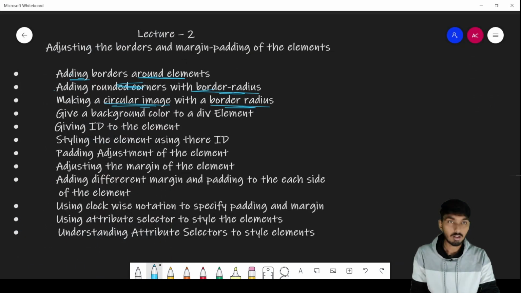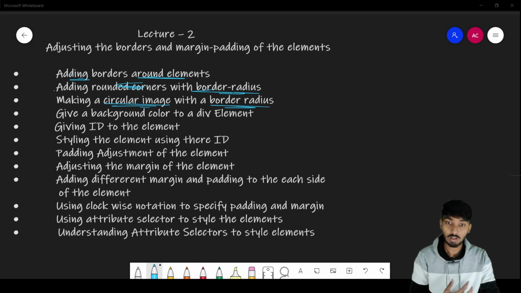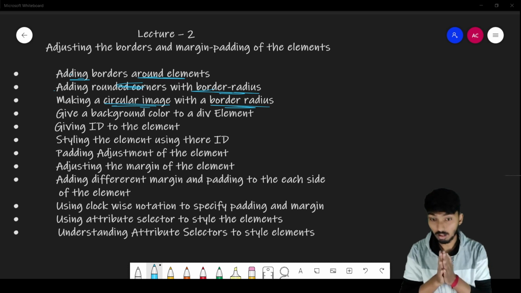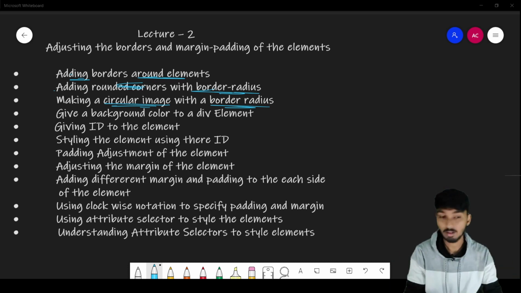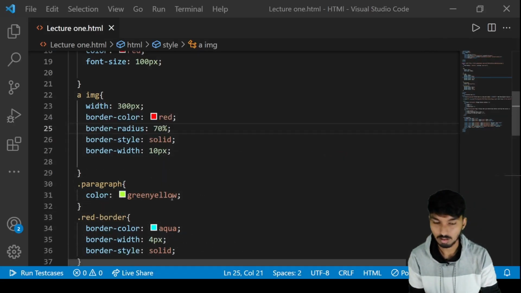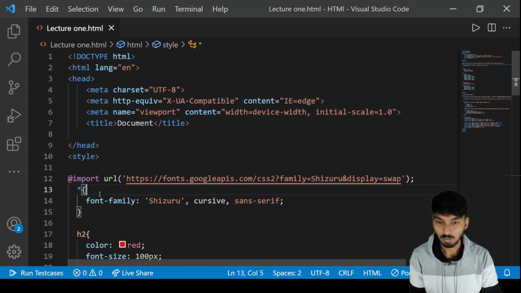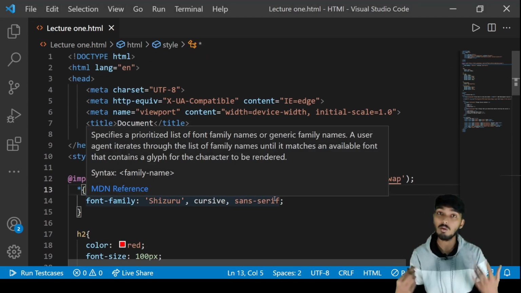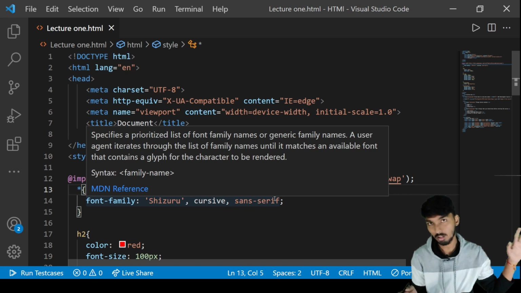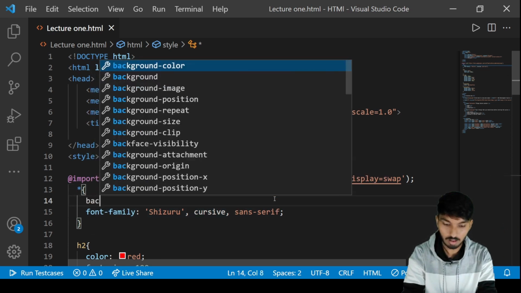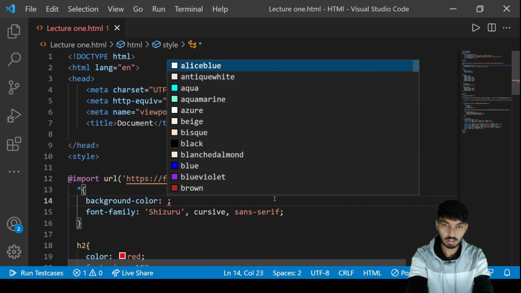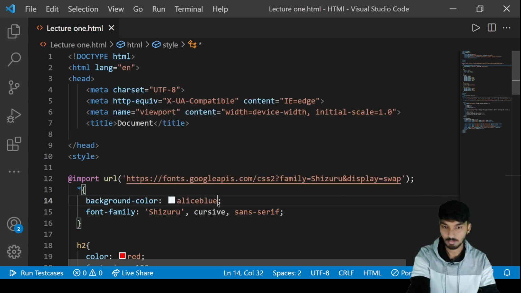Now comes another topic, that is giving a particular color, or in terms of CSS, giving a background color to a website. For giving any background color, what we have to do is go here. In my case, I want to give a background color to the full HTML file, the full website. So I will come to this star